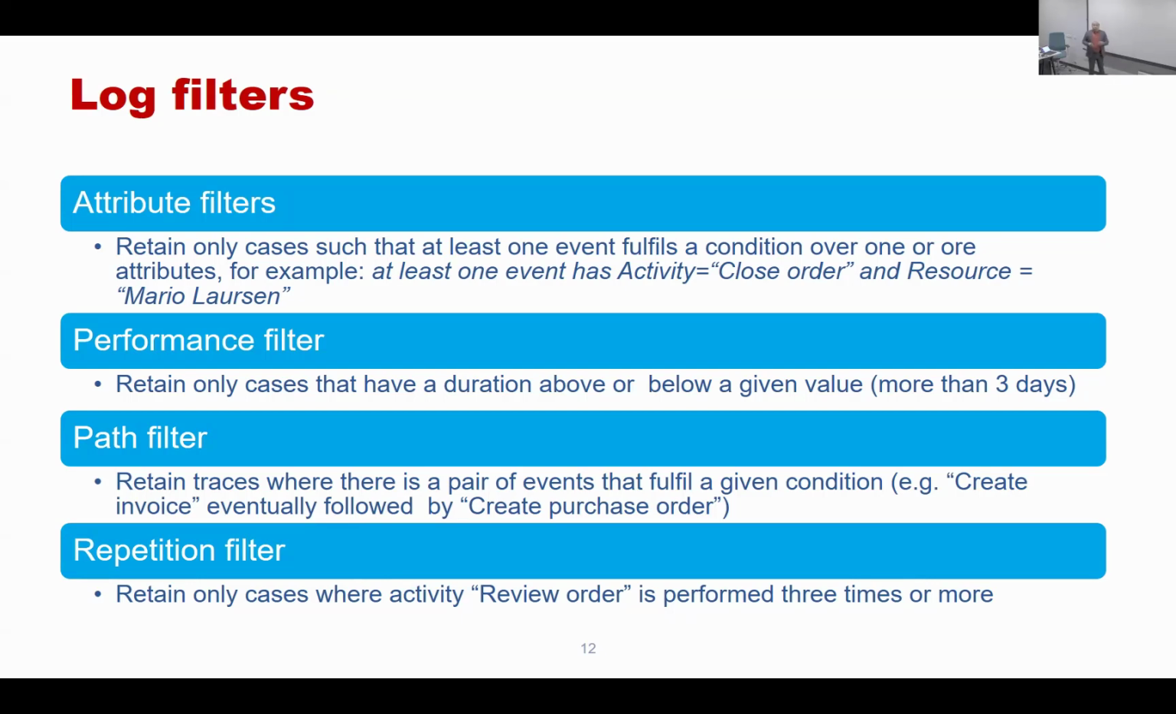There are also performance filters that allow us to say, I'm going to retain only those cases that in total took more than 2 hours, or where the waiting time was more than an hour. That can be very useful, for example, to find patients that are spending more time than we would expect. And there are other types of filters, including path filters, that allow me to retain only cases where a given activity happened and later another activity happened, as well as